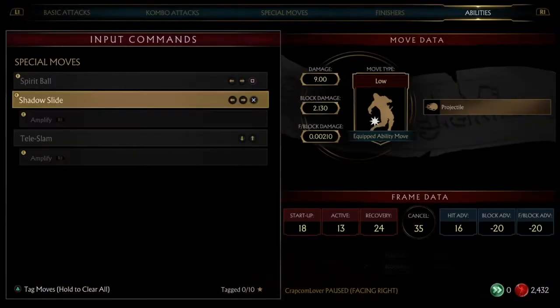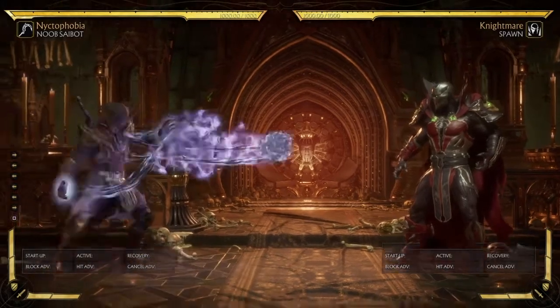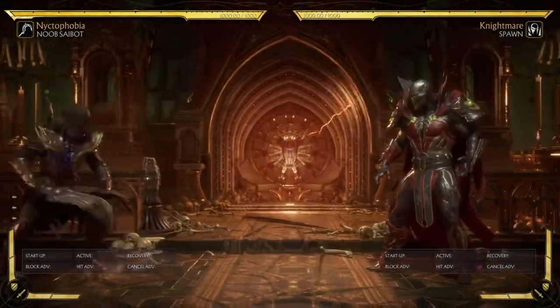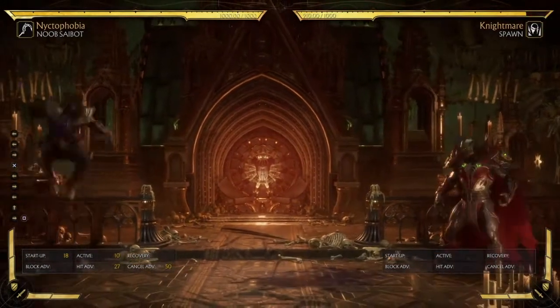The second pick, I think, is Spirit Ball, because it gives you better zoning mid-screen besides just the tackle. So you have a mid-tackle, you have a low slide, and you have this super fast,